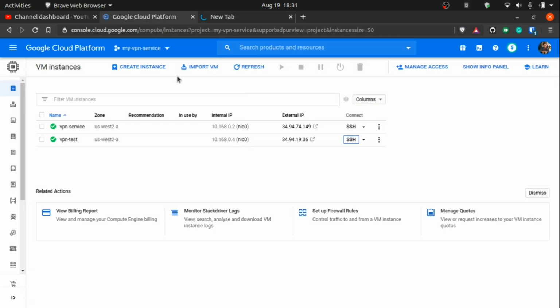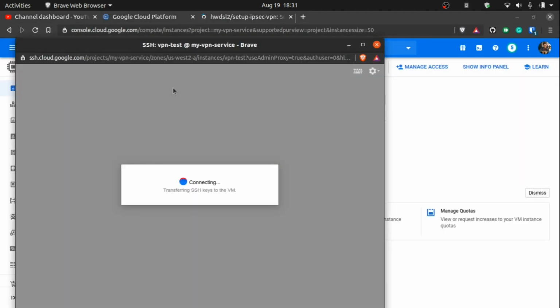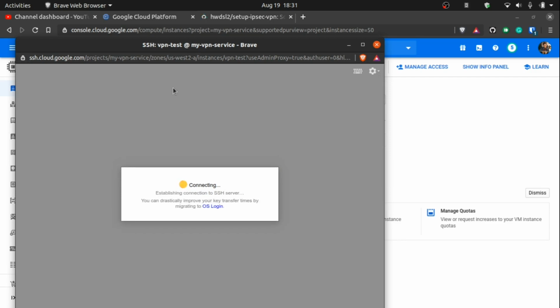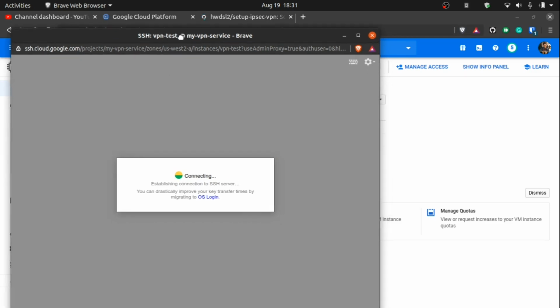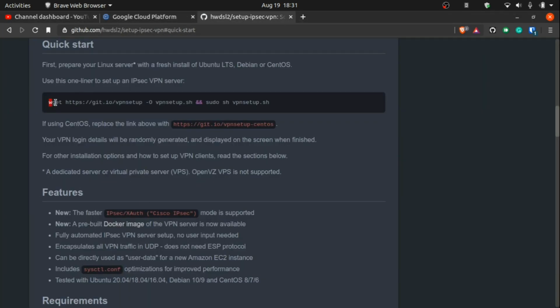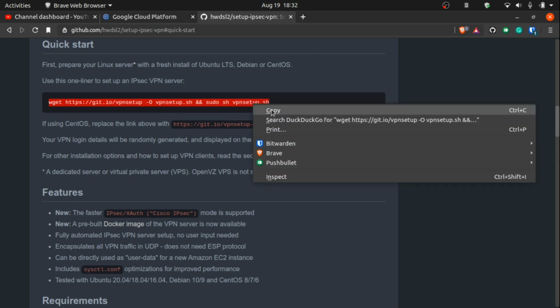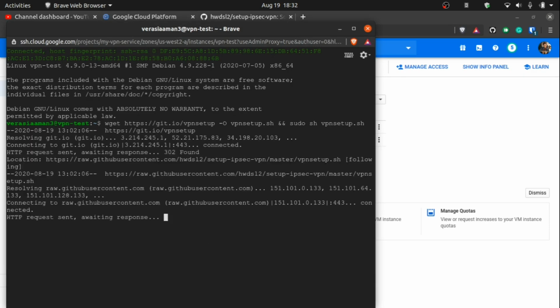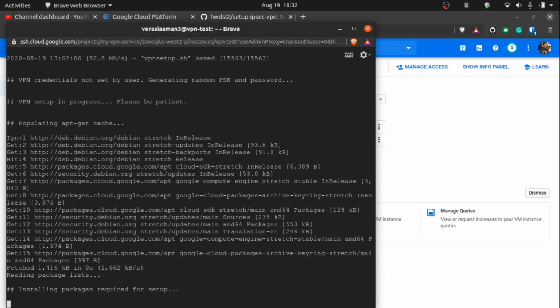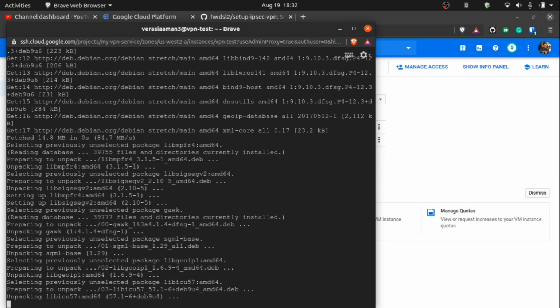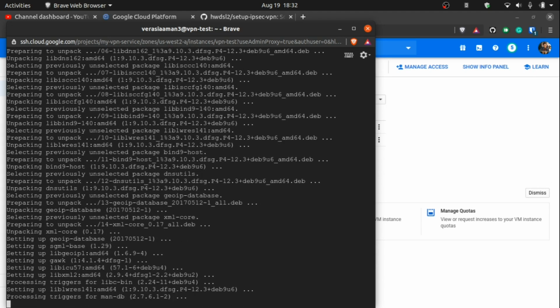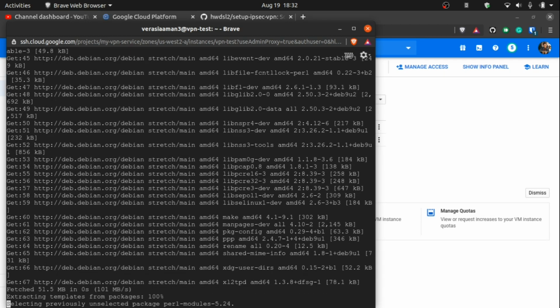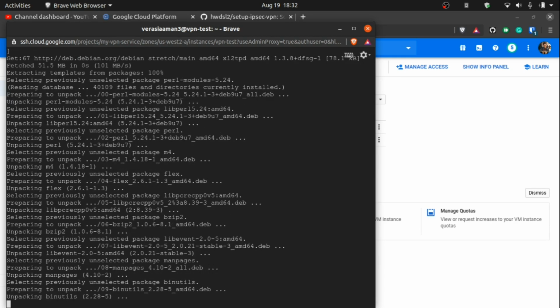I'll open up a new tab here and we'll go to this website. Obviously the links are in the description. On this page we'll just get this line, copy, and paste, and enter. So now we should let this run for a while, and it will run on its own, and it will do the entire install process. It might take 4 to 5 minutes. So I'll play the video when it's done.